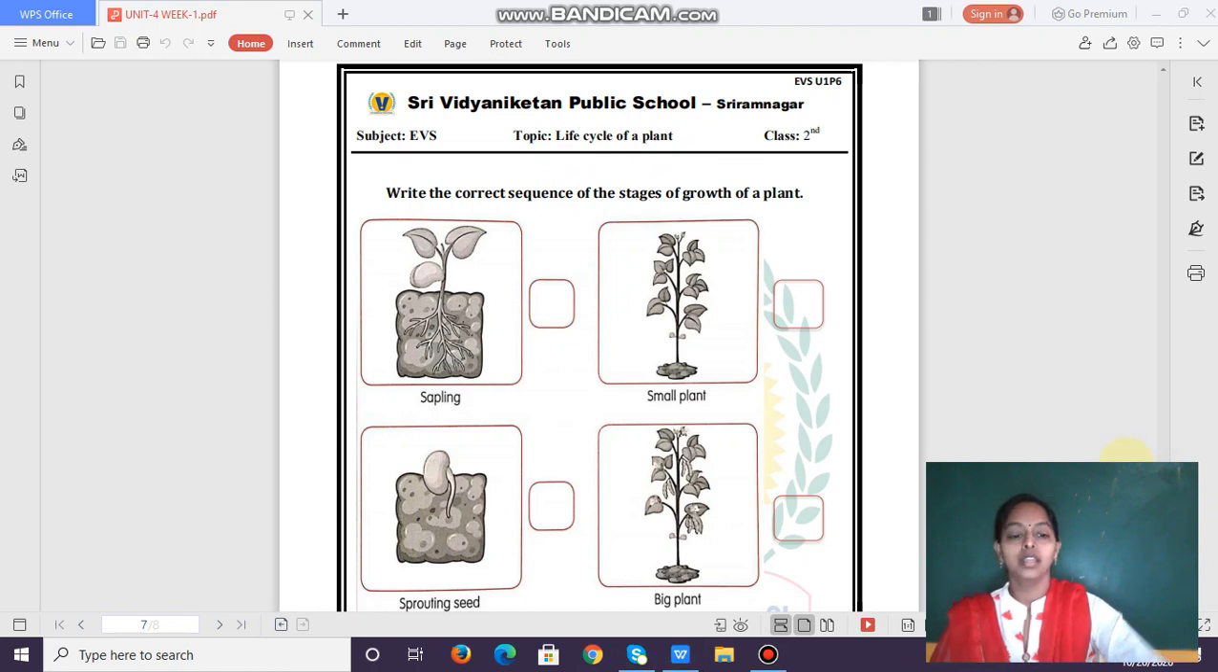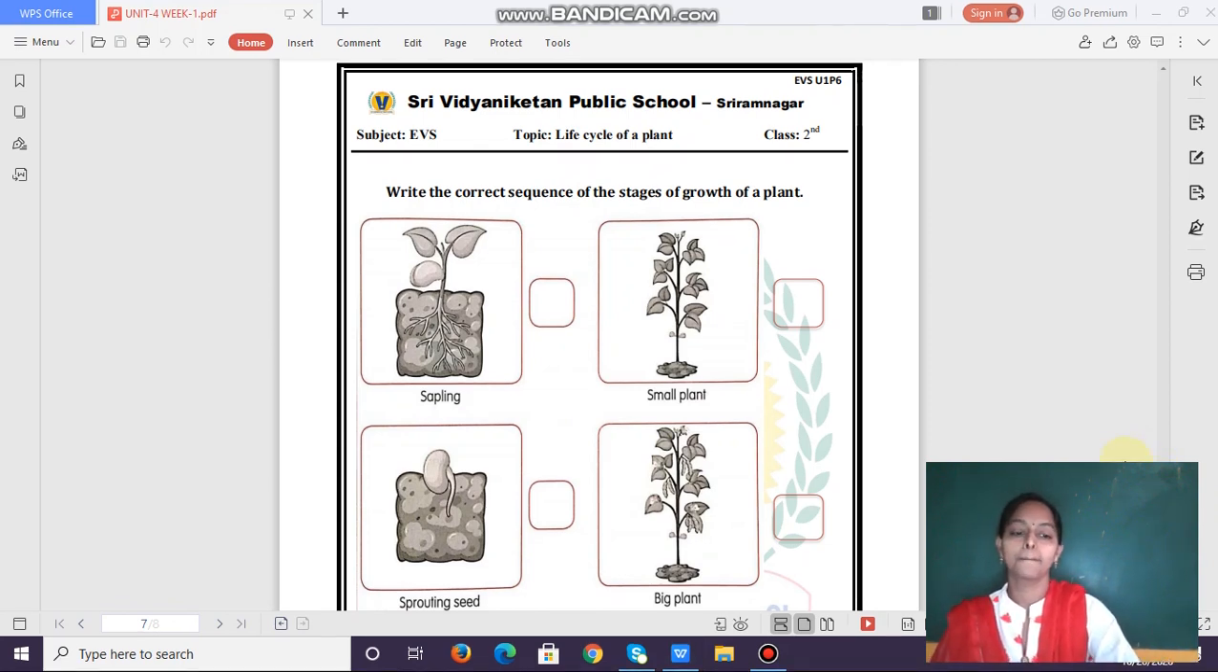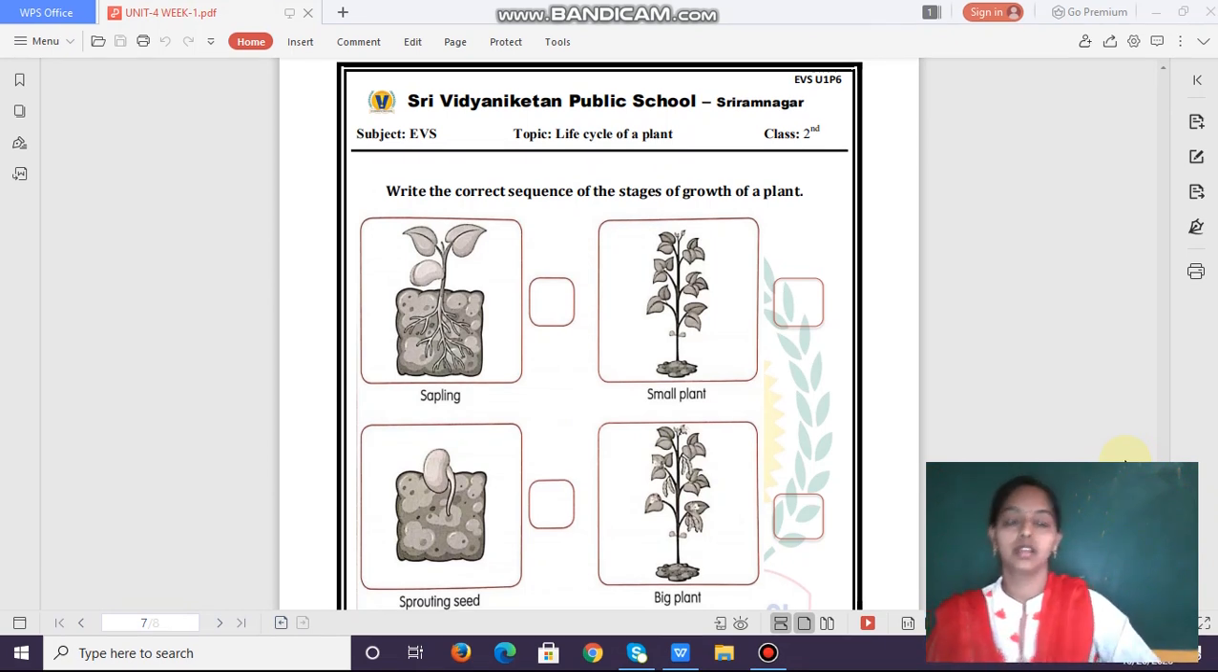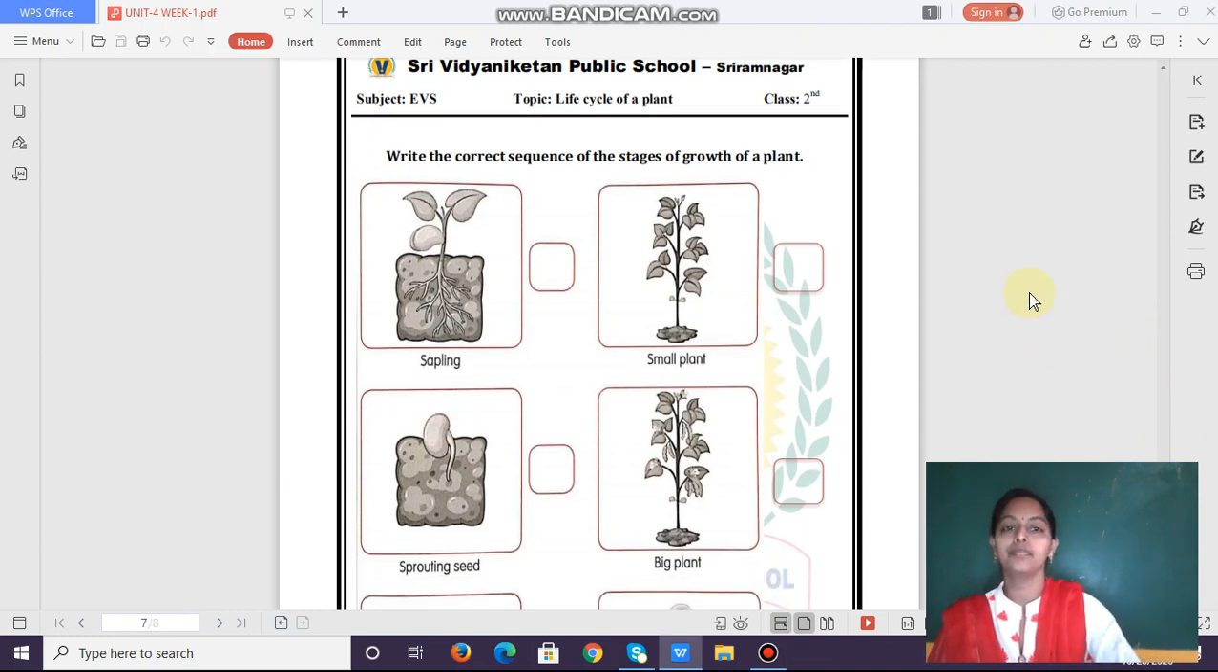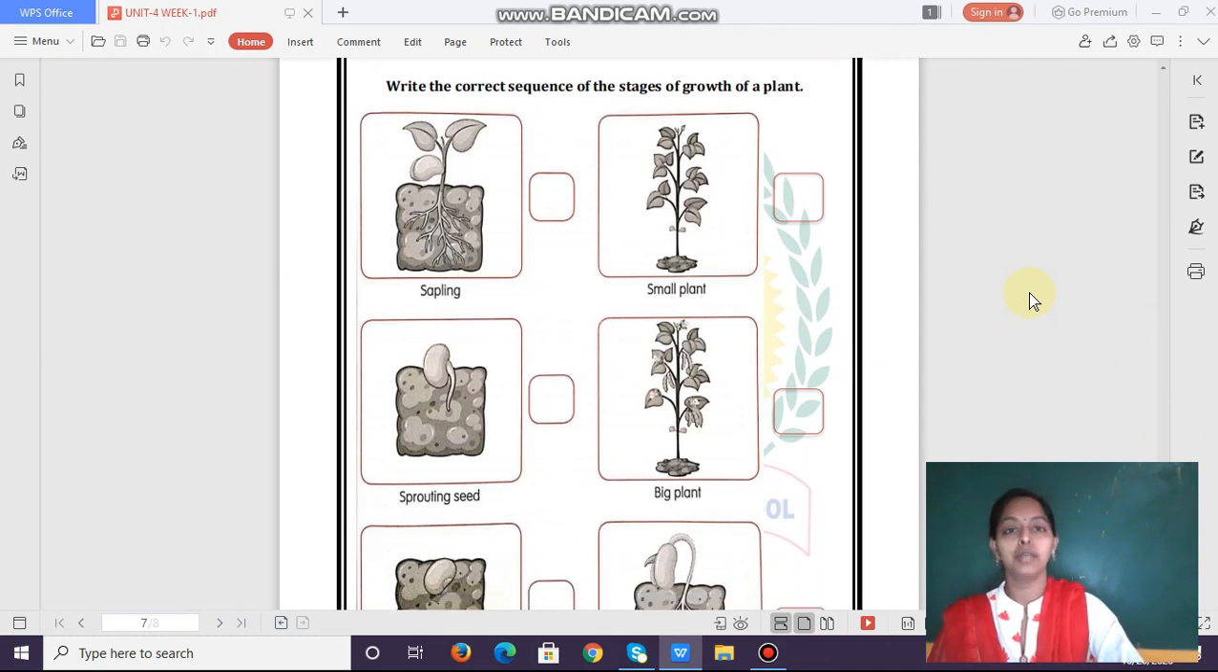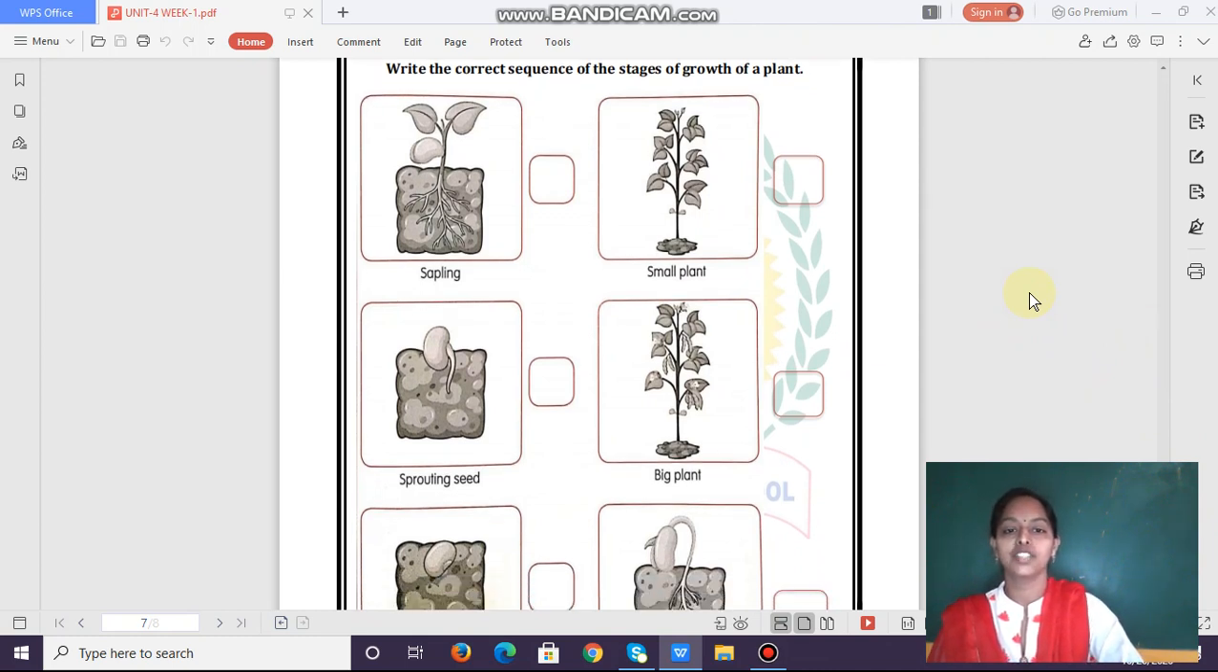Okay, here, students. Here, what you have to do? Write the correct sequence of the stages of the growth of a plant. Okay. So here we have given you some pictures, some pictures of the stages of the plant. Okay. See all the stages. And what you have to do here? You have to write down the sequence, like which comes first, which comes